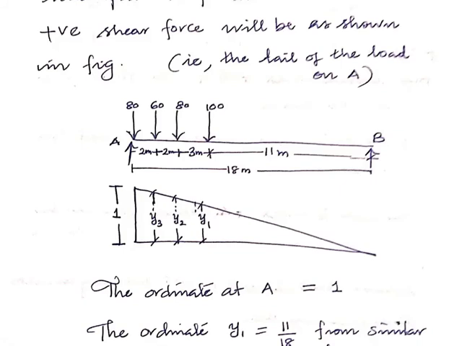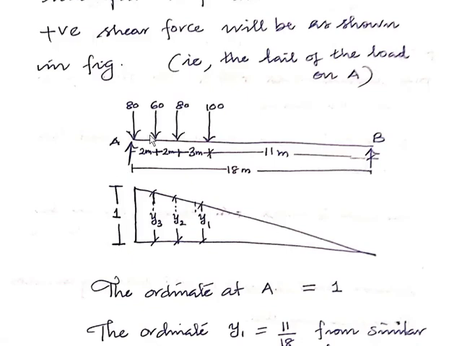As we have already fixed the load position, now we have to calculate the value of absolute maximum positive shear force on the beam. So the ordinate at A is 1. We know that the ordinate at A is 1, because if we take A, the position of A, as a section, Z is equal to 0, then the maximum positive ordinate will be L minus Z by L. So when Z is equal to 0, L minus Z by L will be 1. So 1 is the ordinate at A. Just remember that the ordinate at A will be 1.